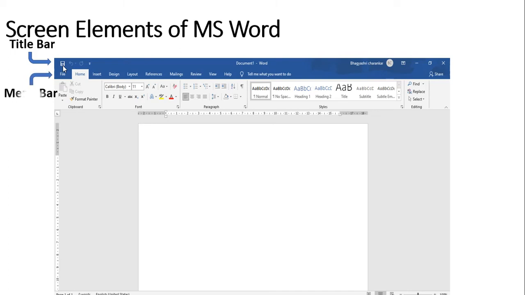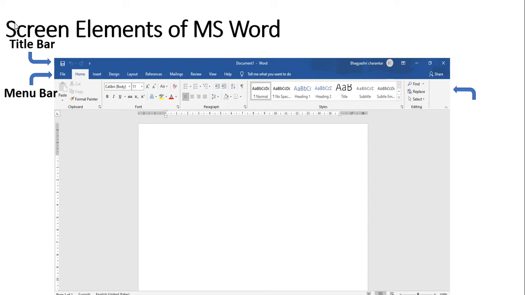The next thing is the menu bar. There is a menu bar in every application that allows us to open the options of that application. So we have here Home, Insert, Design, Layout, References, Mailings, and all the menus available in the application.